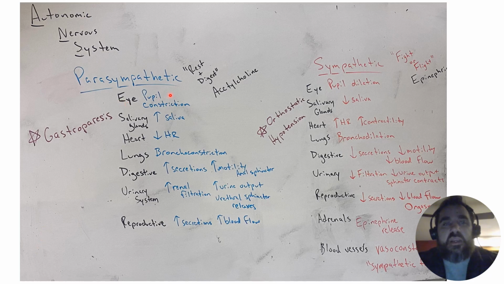So parasympathetic again: pupillary constriction, increased saliva production, decreased heart rate, bronchoconstriction, increased secretions and motility, and relaxation of the anal sphincter. Urinary system: increased renal filtration, increased urine output, and the internal urethral sphincter relaxes. Reproductive system: increased secretions, increased blood flow. Now, the sympathetic nervous system. In the eye, we're going to have sympathetic nerves traveling up with